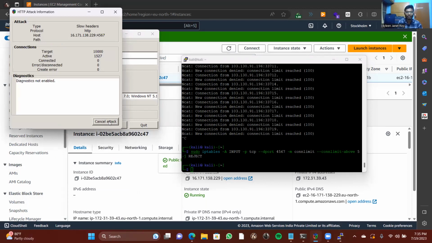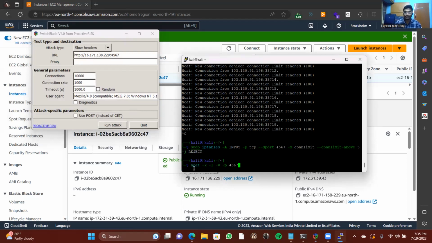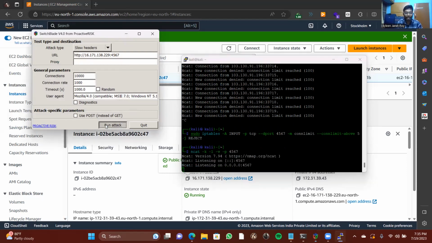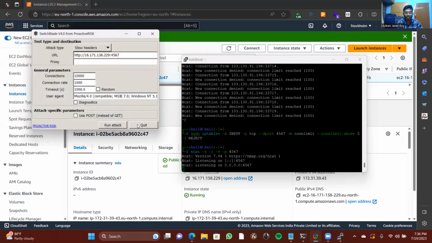And I forgot one thing again. Let me just start the ncat again. I'm starting the port, I'm listening on it, and I'm running the attack now. You can see here, the connected number of services is 5, yet the other attack is being proceeded, but it is stopped, right? So it will of course fail because only 5 connections got connected. So in such a way, I can stop the DOS attack. And this is the live demonstration.